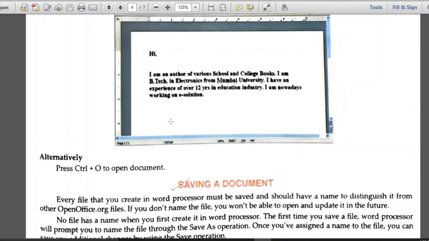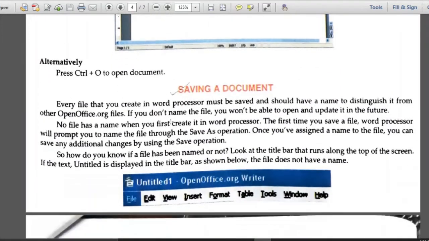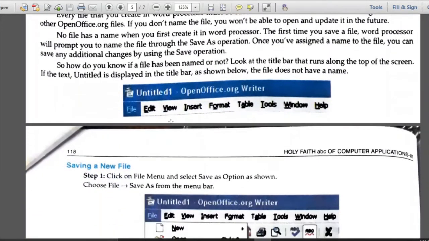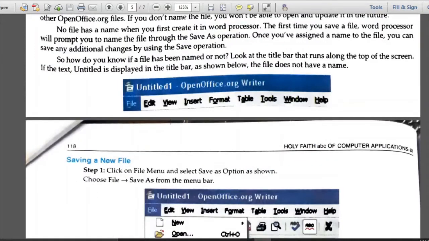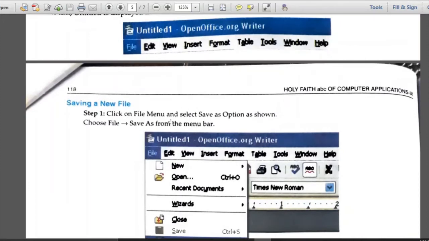Next is saving a document. Now once you have created your document, say you have written something about yourself or your experience in lockdown, or how you are enjoying these online classes. So for example, you have written any of this essay in your Word file. Okay, so what you want to do now, you want to save it.